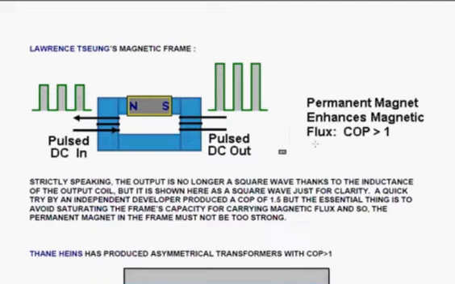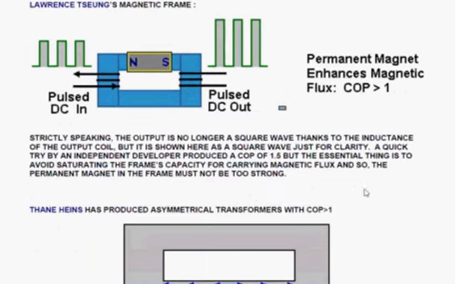Okay. Next we have a very simple device indeed. This is a magnetic frame, the sort of thing you can get by taking a mains transformer apart. And into that frame you put a simple magnet, just one magnet, north and south, into the frame. And you pulse a coil on one side with DC, and the coil on the other side gets pulsed DC